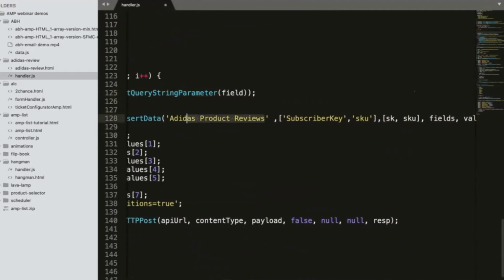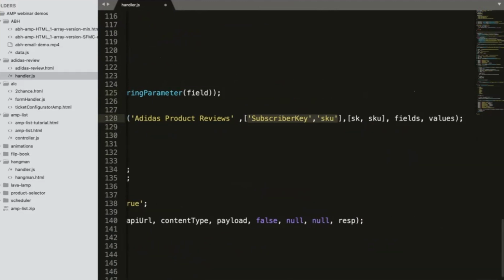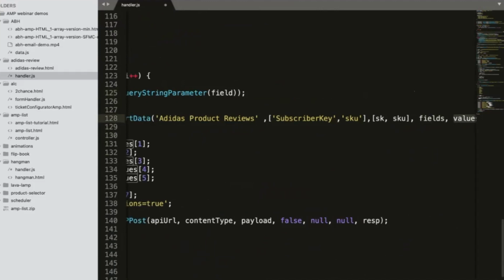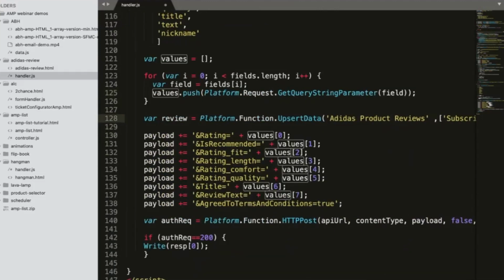This is the name of my data extension, and this is my composite key, that is 2 primary keys, and then this is my fields array and my values array. So it's pretty straightforward.